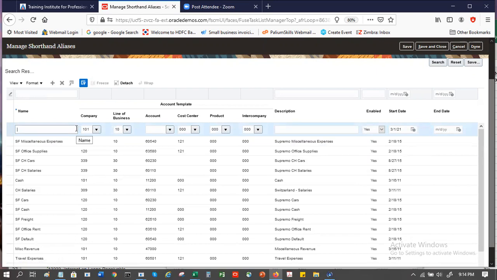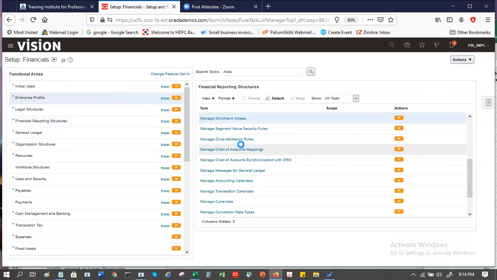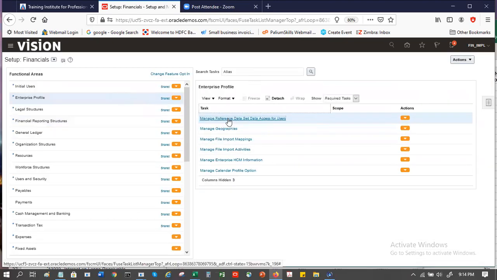So you can give a name, okay? And whichever one you're searching for, you would be entering it for that particular ledger, okay? So let's say I want it for our ledger. So I'll say cancel. I can just search for it again.